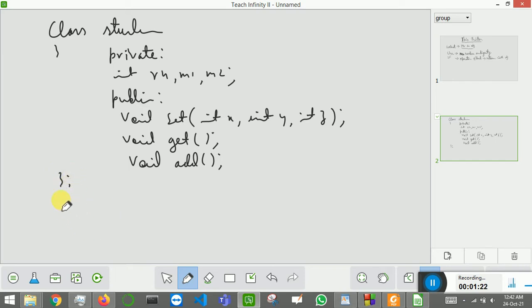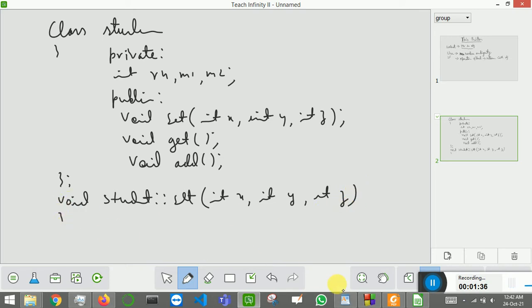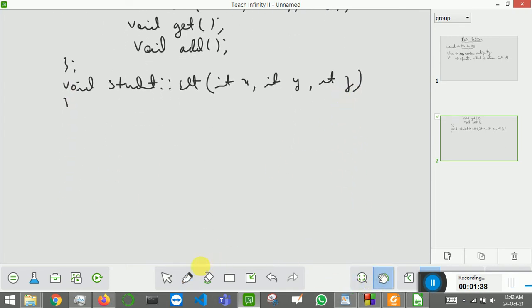So what will be the definitions? Now I will write void student set, with int x, int y, int z. After that, roll number equals x, marks 1 equals y, marks 2 equals z.